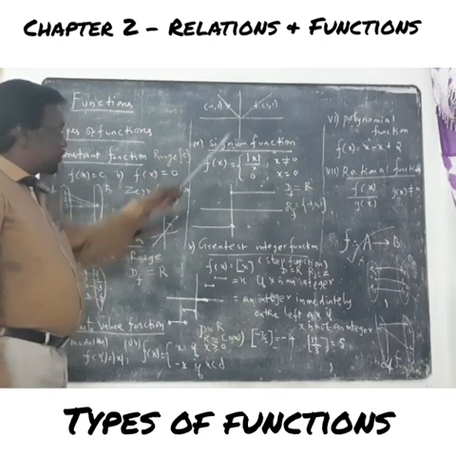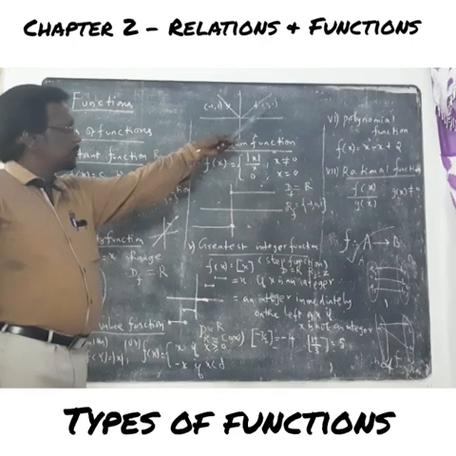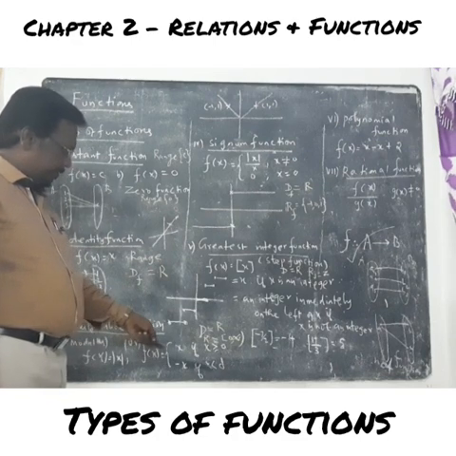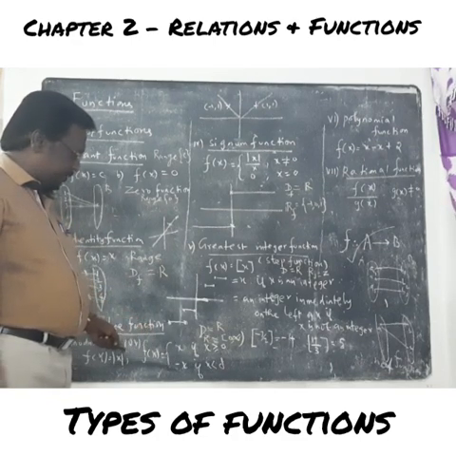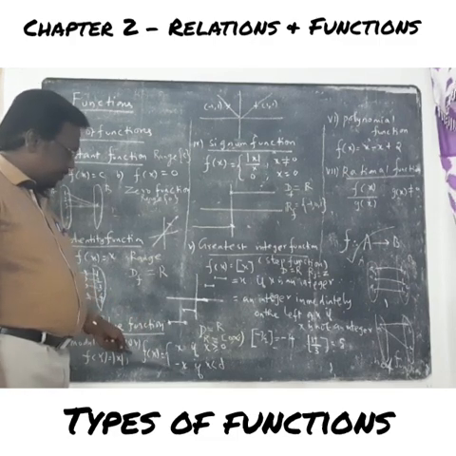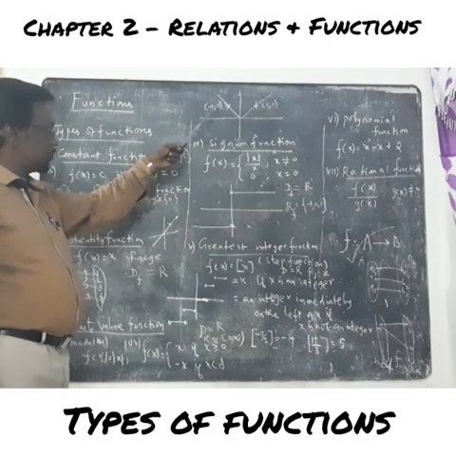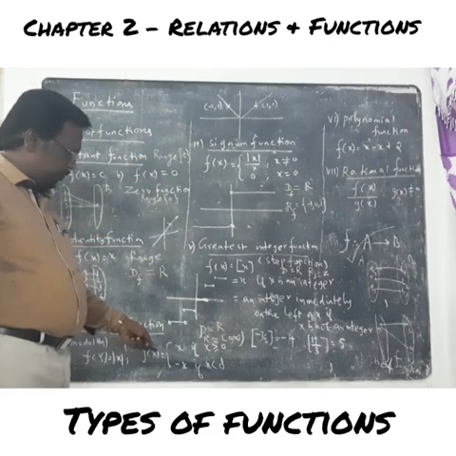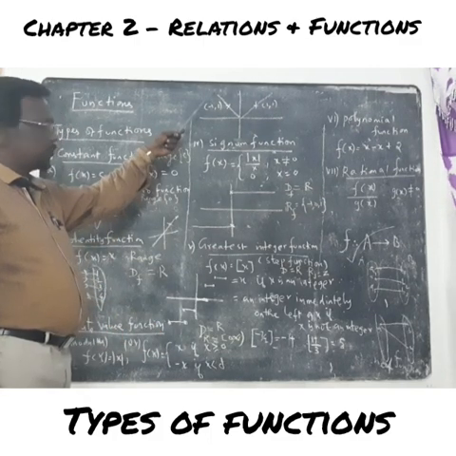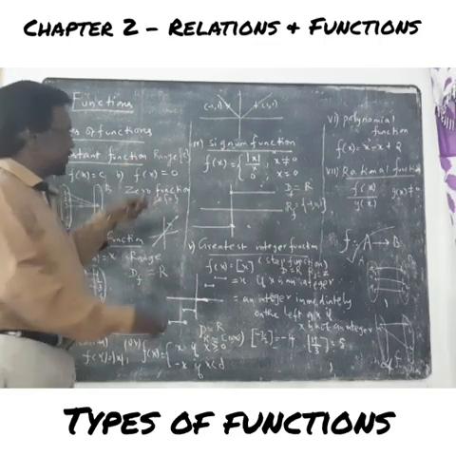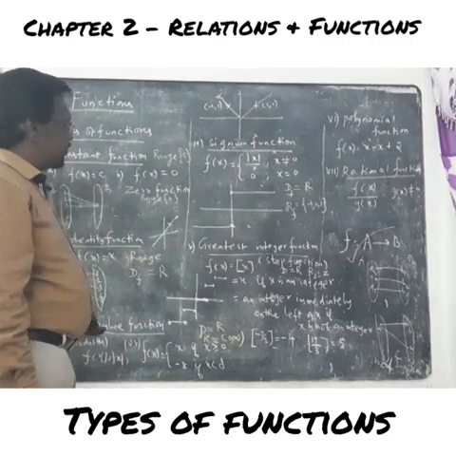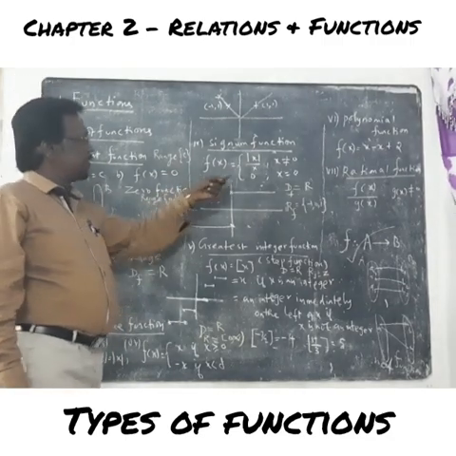Similarly, 2 comma 2, 3 comma 3. So up to here only. Suppose you give a value of x less than 0, at that time it becomes positive, right? If you take x equal to minus 1, minus of minus 1 is plus 1, so minus 1 comma plus 1. Suppose you take minus 2, less than 0, therefore minus of minus 2 is plus 2, so minus 2 comma plus 2, it is the point here. So this is the graph for the absolute value function.